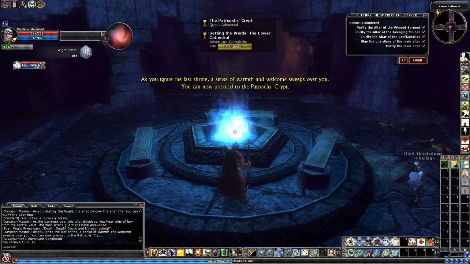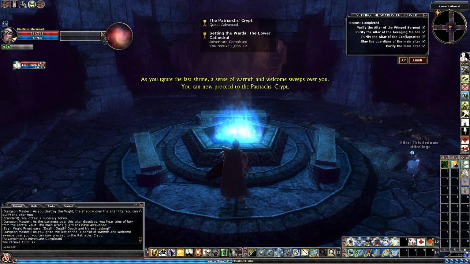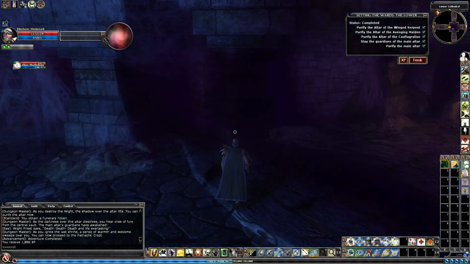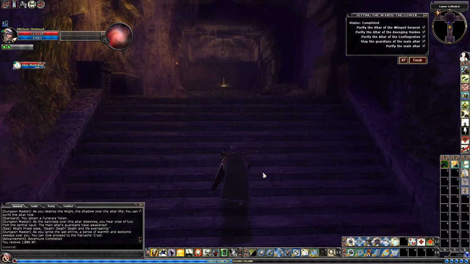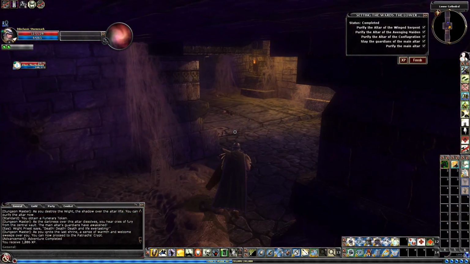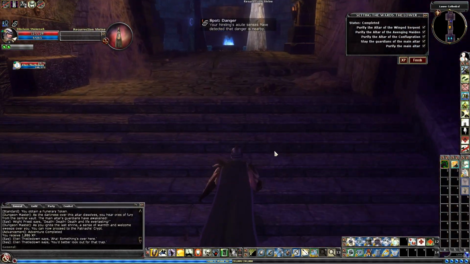As you ignite the last shrine, a sense of warmth and welcome sweeps over you. You can now proceed to the Patriarchs' Crypt. Okay, I believe that's over here. I was gonna say, that was pretty straightforward, but yeah, we still gotta go check out the Patriarch's Crypt. Which I presume is actually the next dungeon, so...